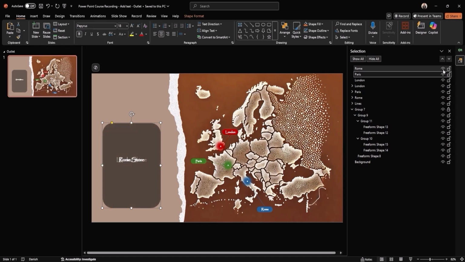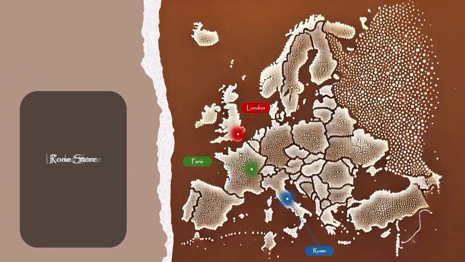Manually updating text fields can be a bit tedious, especially when you need to hide and unhide specific ones. This is why we renamed them, to avoid confusion about which text field is selected. In the next session, we will learn how to link text fields to a Word document to streamline updates. We will also cover how to animate elements to appear on click. Currently, when you play the slide, each text field overlaps, making it difficult to read.